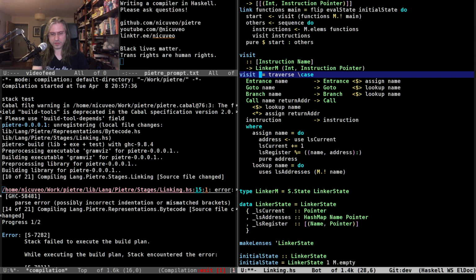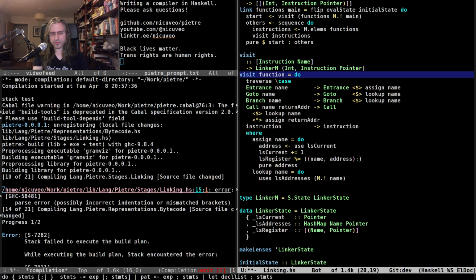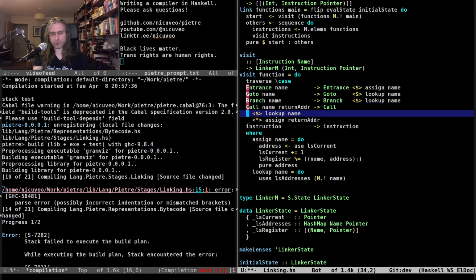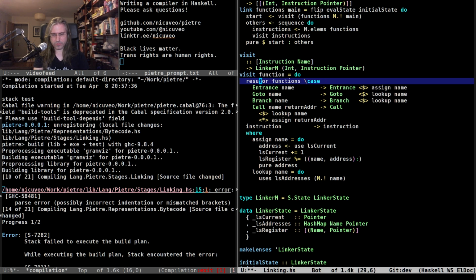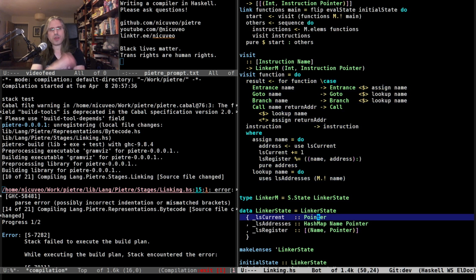So visit a function is going to be... Do I want to put that in the state, actually? Like, do I want to have in the state something that counts? That might be the easiest.